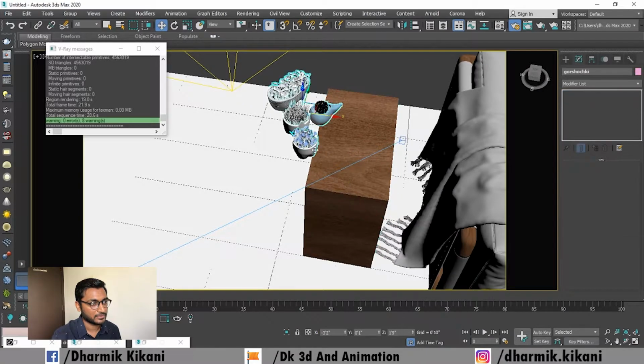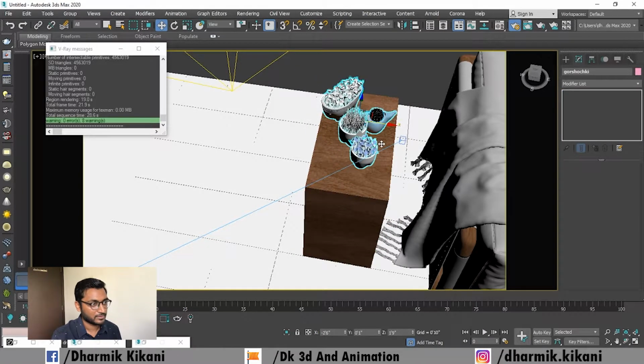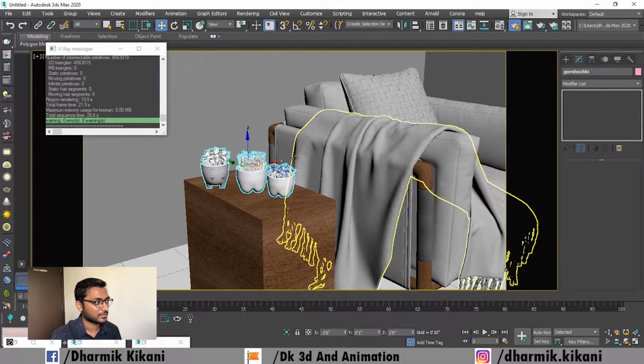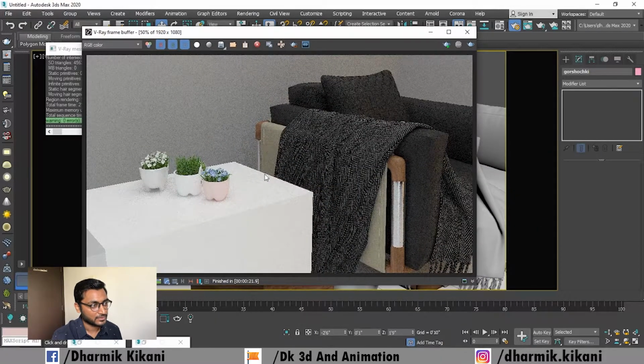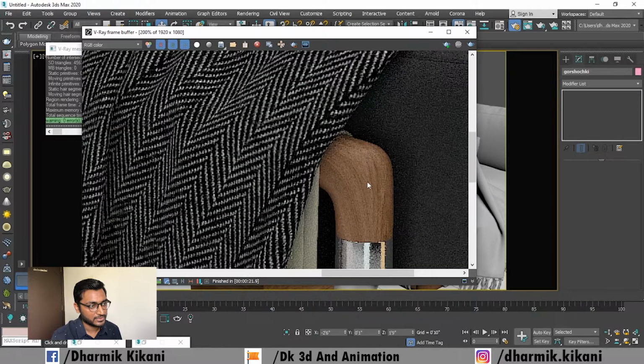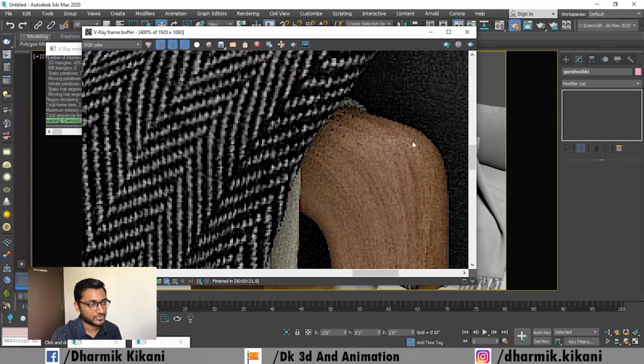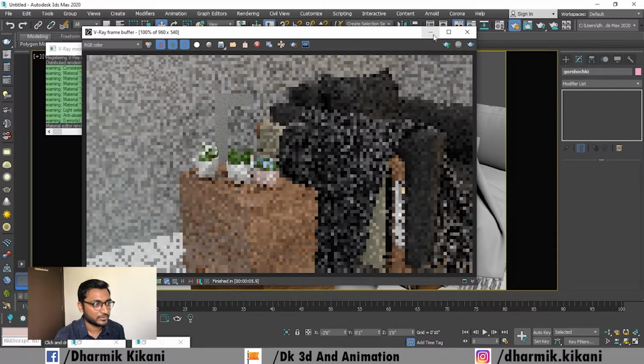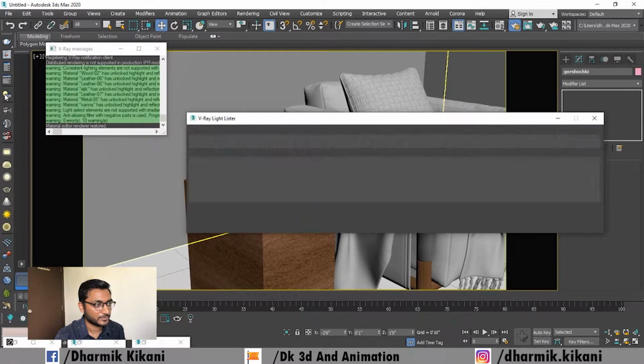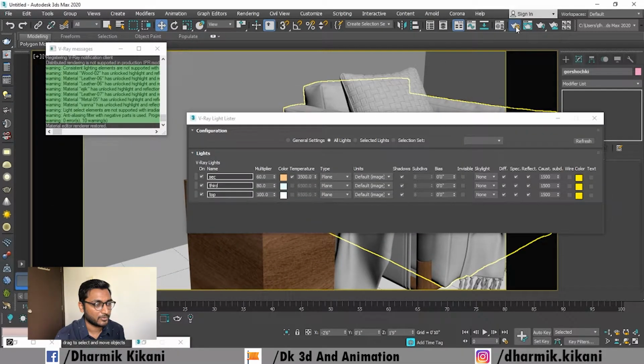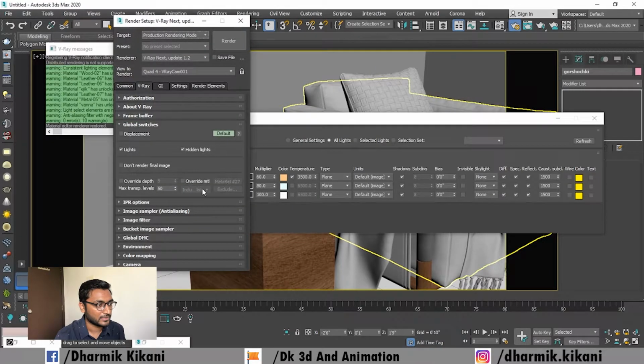Click here and near to. Okay, now we can see that. Now I start. Also, you can see that the light is... We need to increase the white shade so you can get more reflection here. You need to increase your light, so go to the light panel. One more time I open render setup and override material.